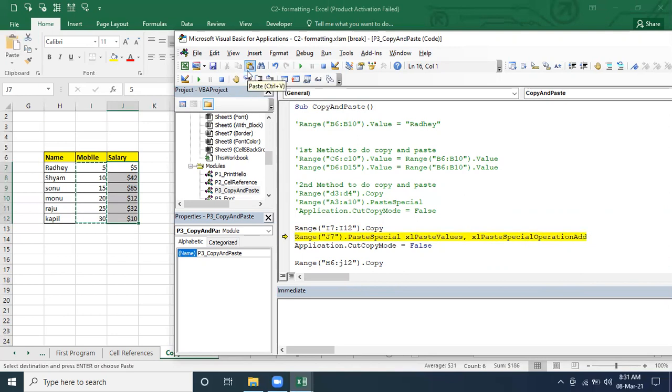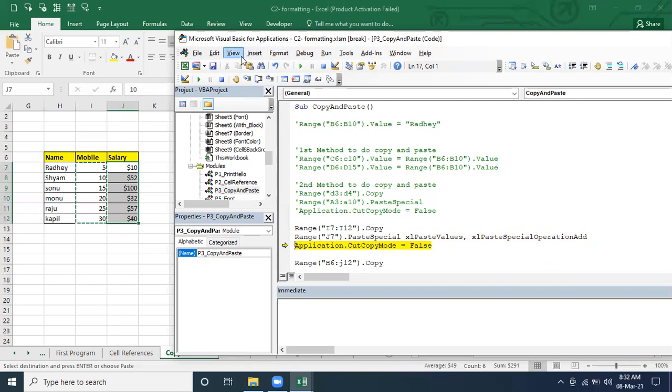So what are you going to do? You are going to paste, but while pasting, you want to paste value only, and what operation do you want to do while pasting? The arithmetic operation, addition. Just execute one more time and observe the result. Did the result change or not? And the old format is still there, the same format is there, and it did the addition operation.